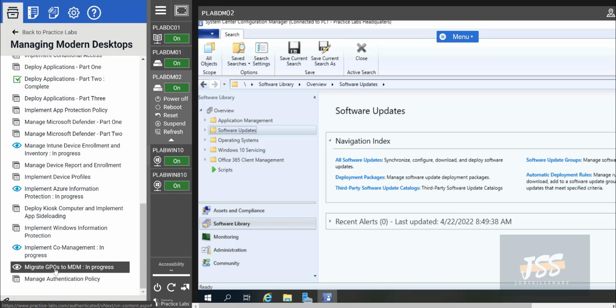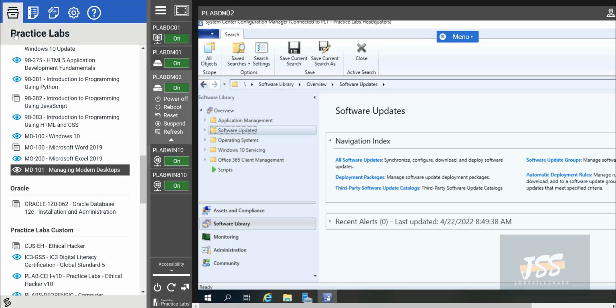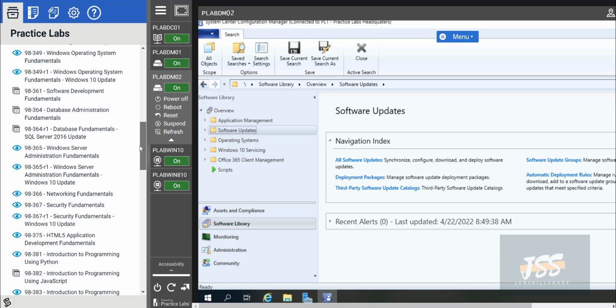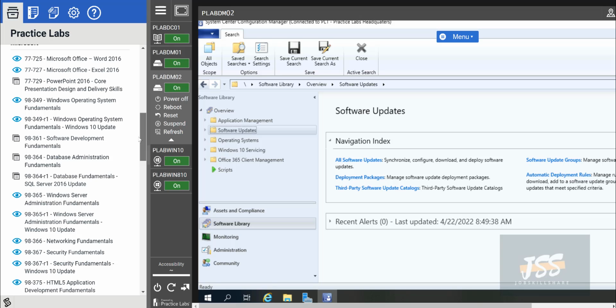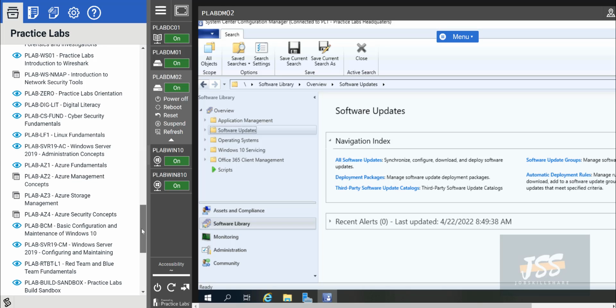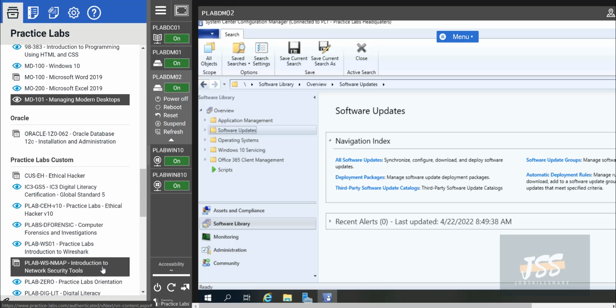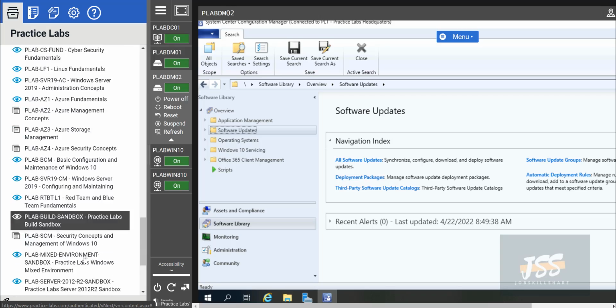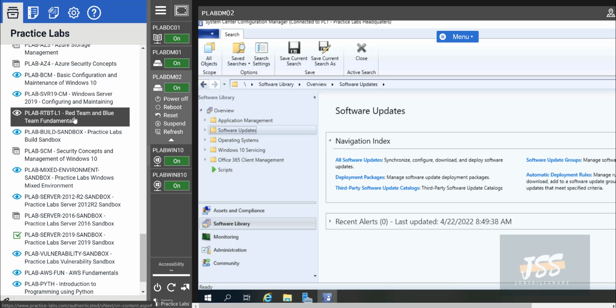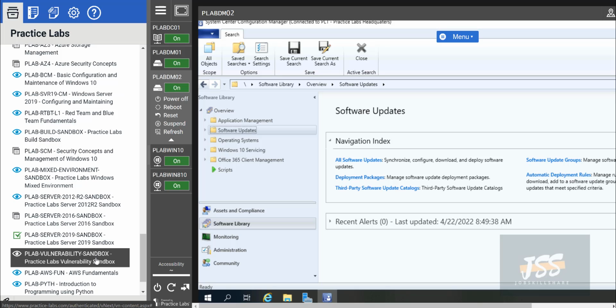Now, even in this course, migrate GPOs to MDM, this is another advanced stuff that's going on. So of course, after this, you can pick anything, meaning if people are asking you about databases, you can go to database administration. If you think that you're going to get Azure related questions, then come to Azure fundamentals right here. At least take this one lab and that should take care of some of it. If people are going to ask you about server related courses, then maybe just take some sort of server courses. We have some server courses right here with Windows Server configuration and maintenance, and we have administration as well.